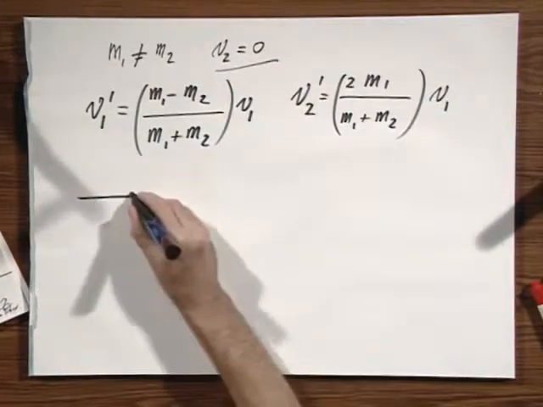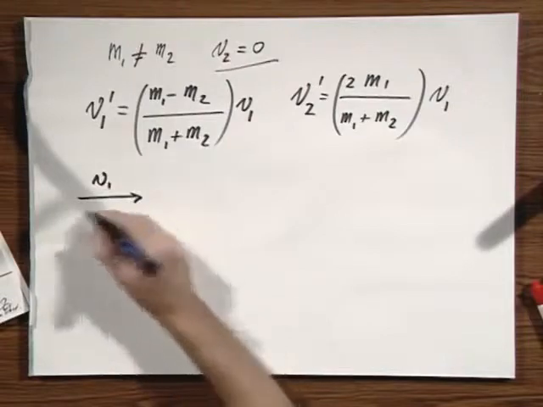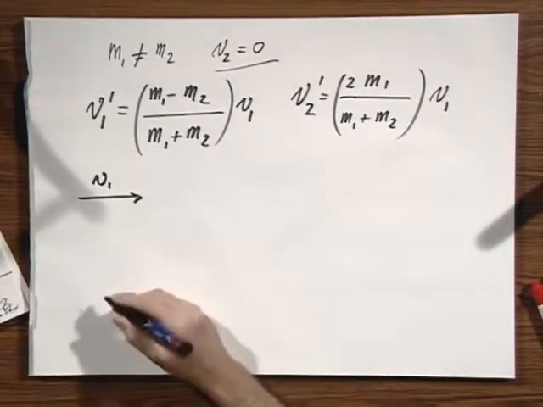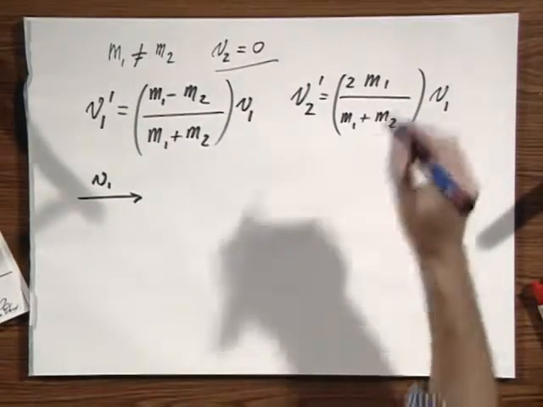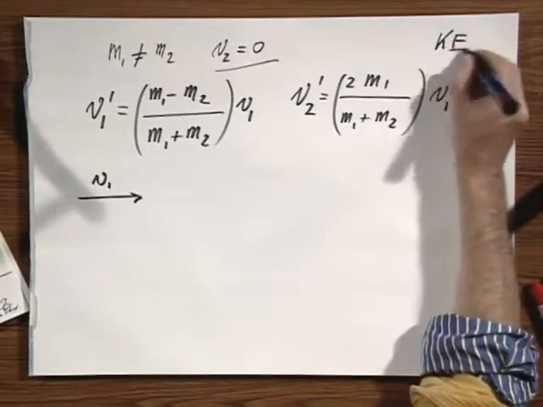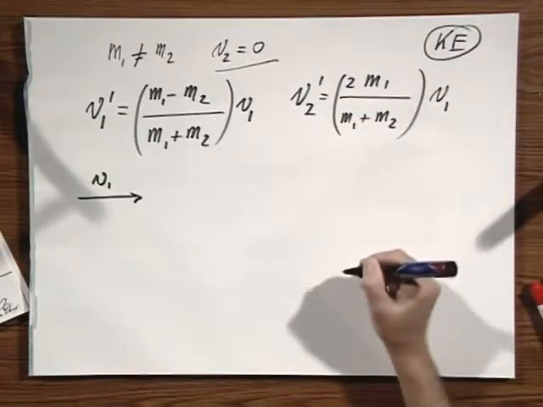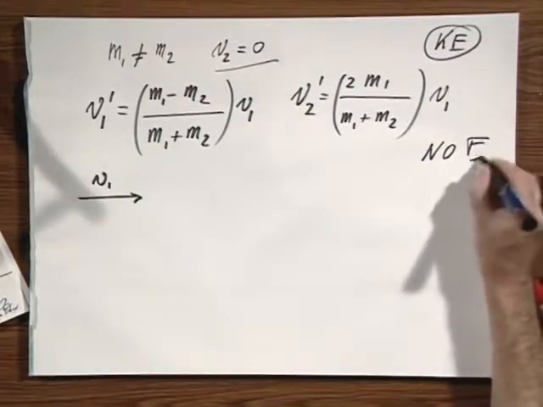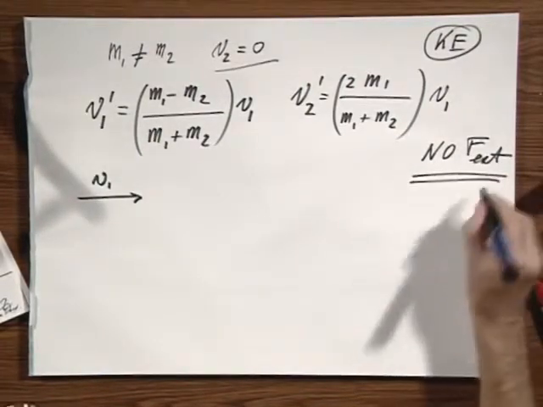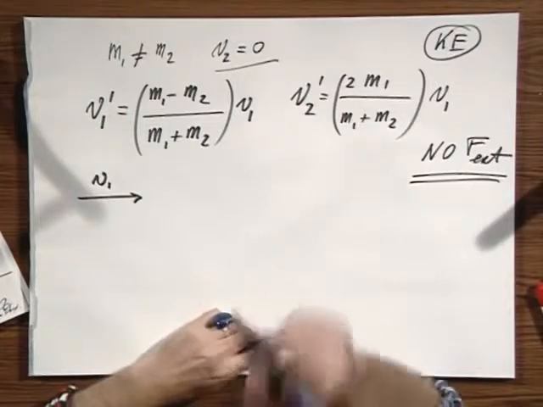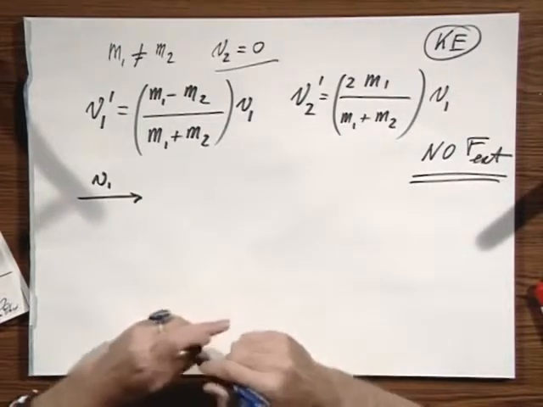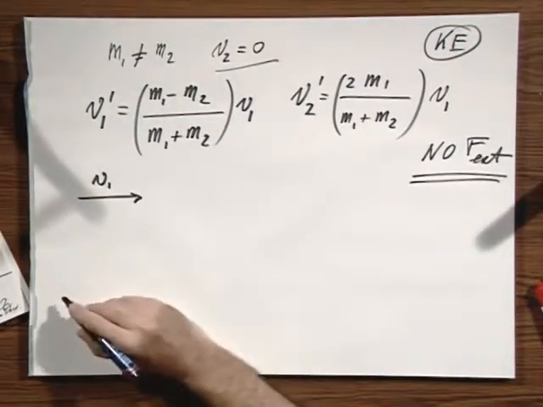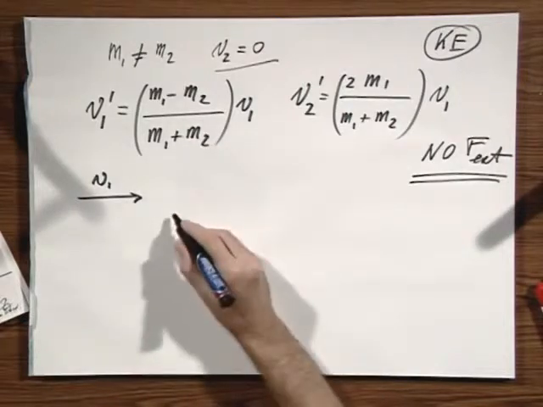Now let's just assume that V1 is in this direction, which we have called positive. And of course this holds only if kinetic energy is conserved, because that's the way we derived them. And it holds only if there is no external force on the system, so that momentum is also conserved. That's very important. And now, notice that V1